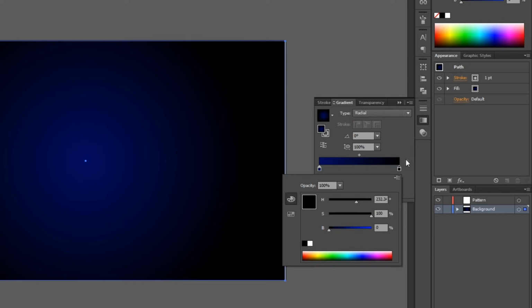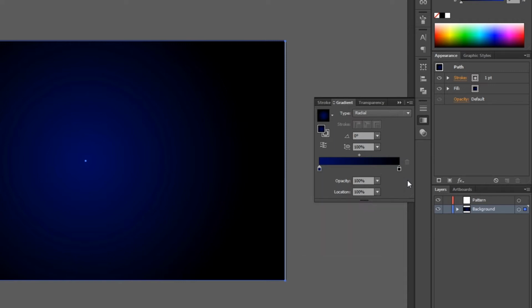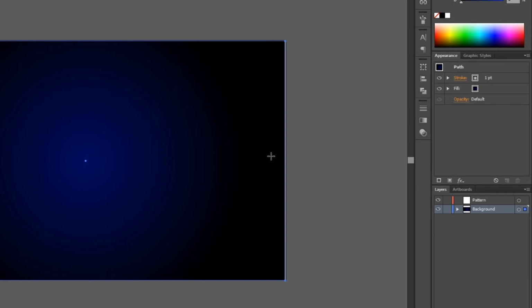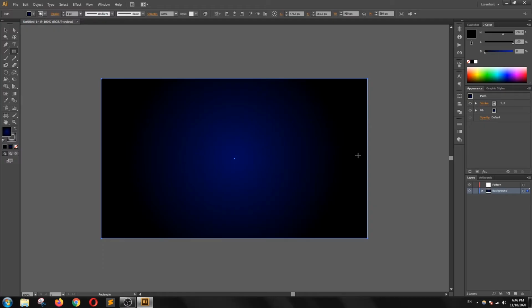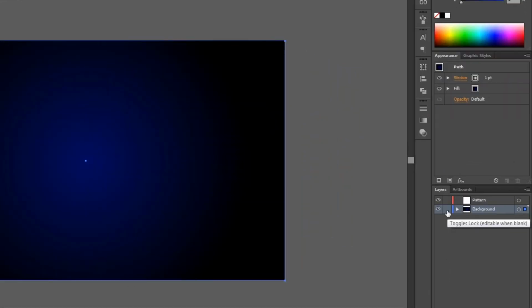I will leave it as default. Now the background is perfect to me, so I'm going to lock this layer so I will not select it accidentally. Now I will click on the pattern layer